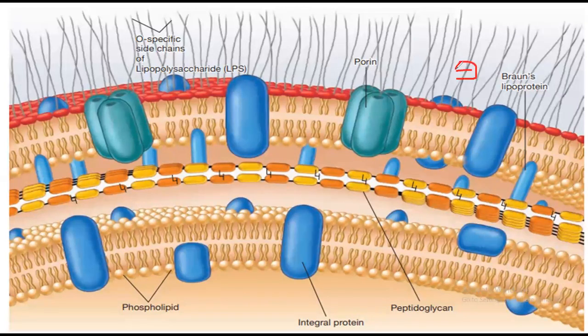Here the peptidoglycan layer is not that thick with respect to the gram-positive bacteria, but it is also present here. One thing I want to tell you is that the peptidoglycan layer is very essential for the integrity of the cell wall of gram-positive and gram-negative bacteria. Without the peptidoglycan layer, the bacteria can face very big problems, and it cannot remain in structure. So the peptidoglycan layer is very important for the survival of the bacteria.